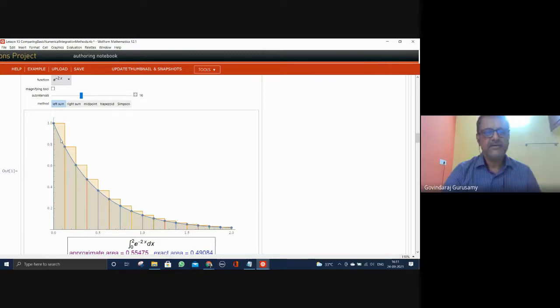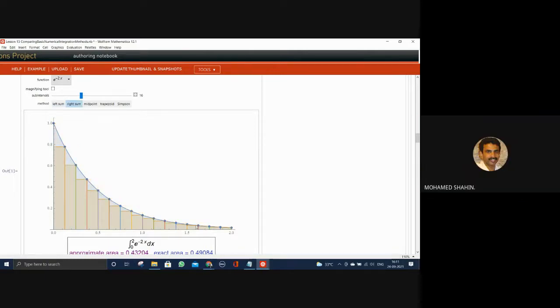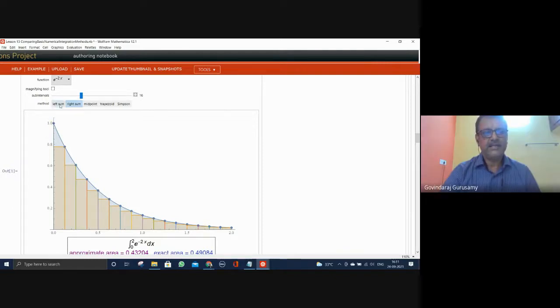That is what I wanted to say. And this is the right sum. When you do this, this is an error. It is the lower side error. This is the higher side error. With the midpoint, the error will be minimum. Select the midpoints because the excess is being shared here, added, and this is the excess. This is the error component.